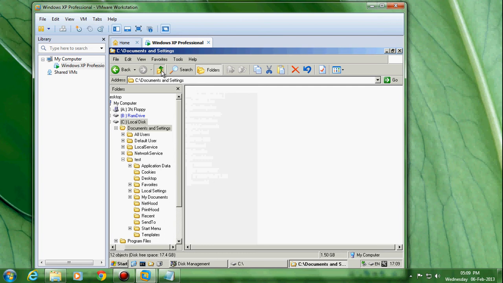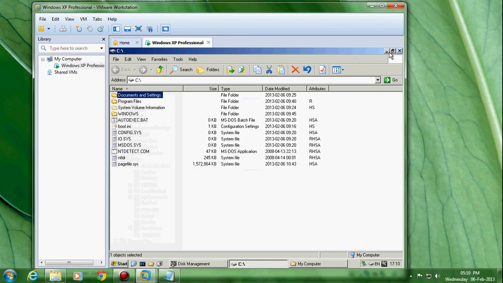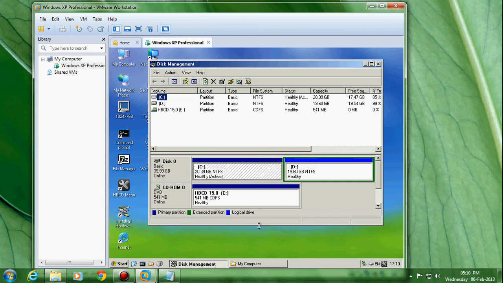One more important thing is, if you are interested in formatting the total hard drive, then go for data backup to an external drive. In this Hiren's Boot CD we can access our pen drive as well as external hard drives. So at that time connect your external hard drive, and it will open automatically.